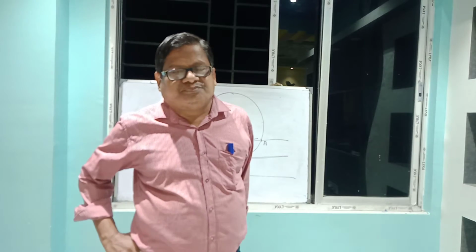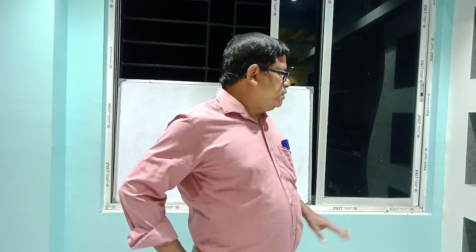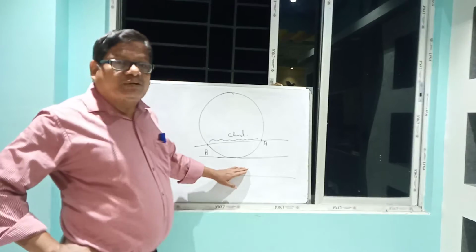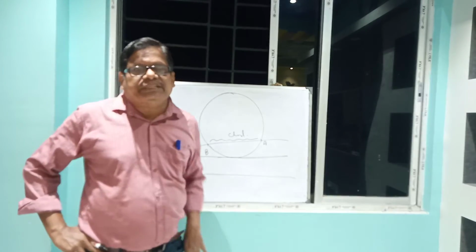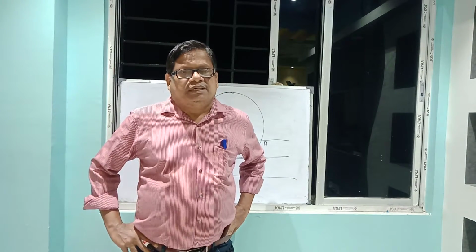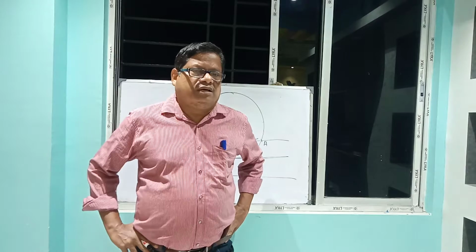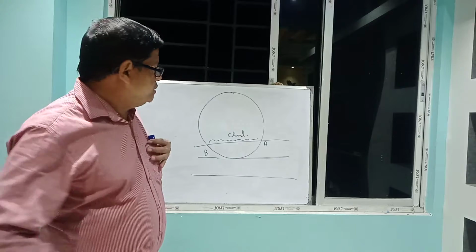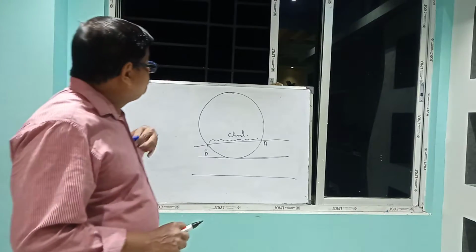That is the general equation of a straight line, y equal to mx plus c. Y equal to mx plus c will be tangent to the circle. What is the condition? In which condition will the straight line y equal to mx plus c be tangent to the conic, that means the circle x square plus y square? Now I am showing, look here.